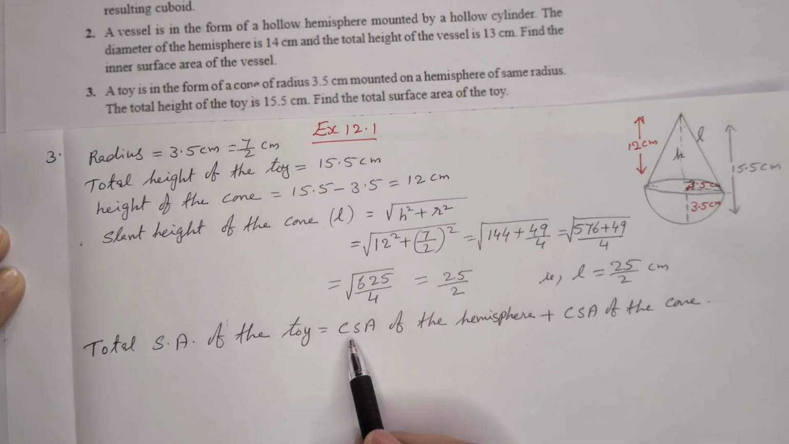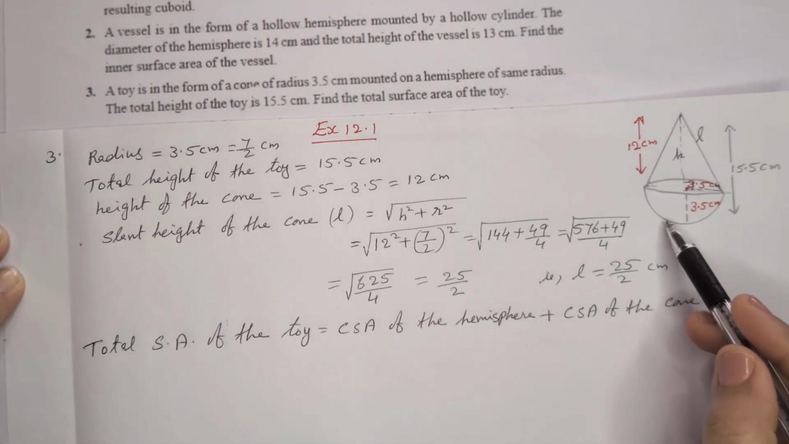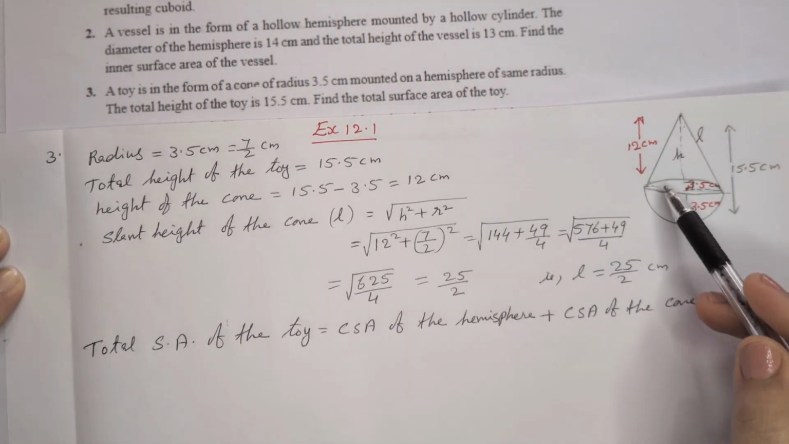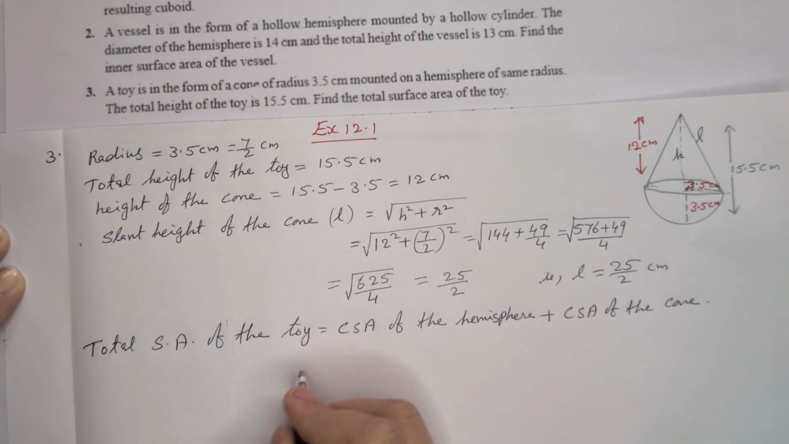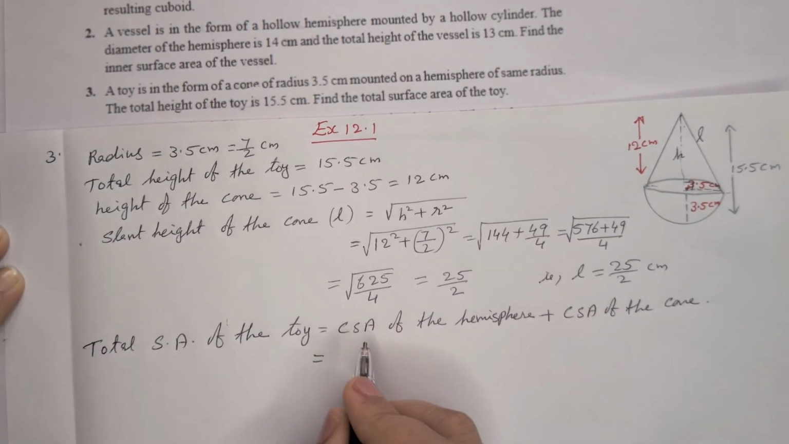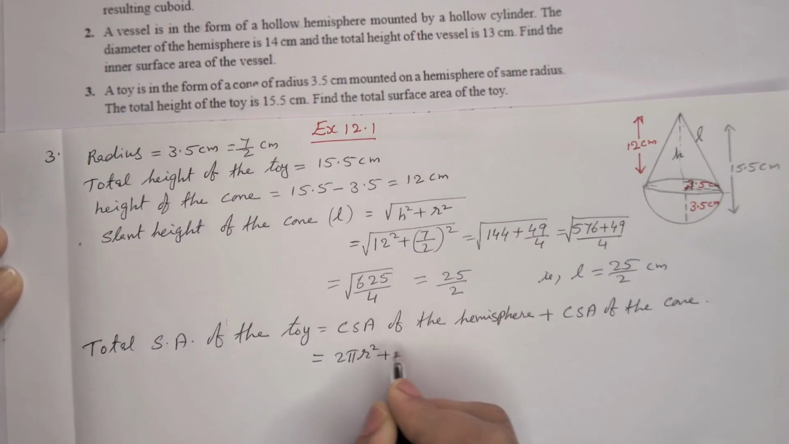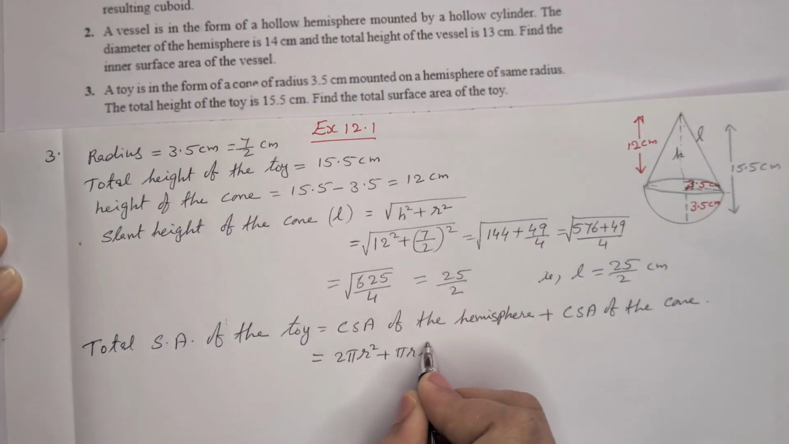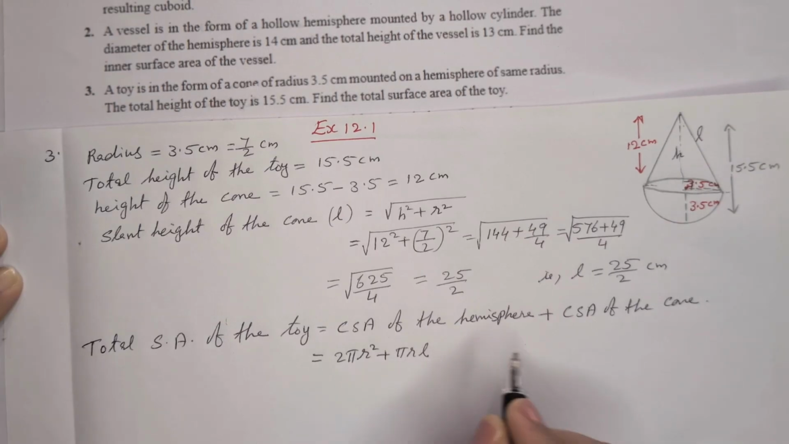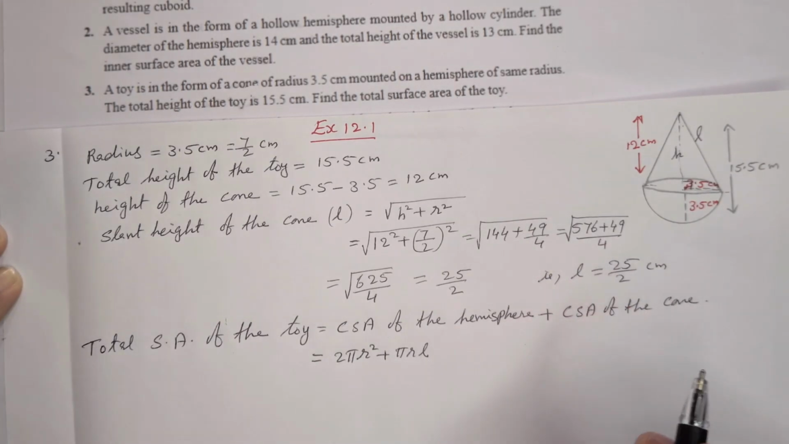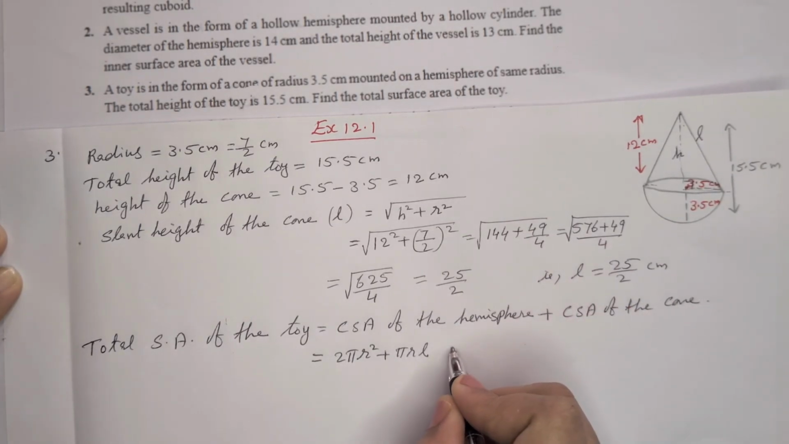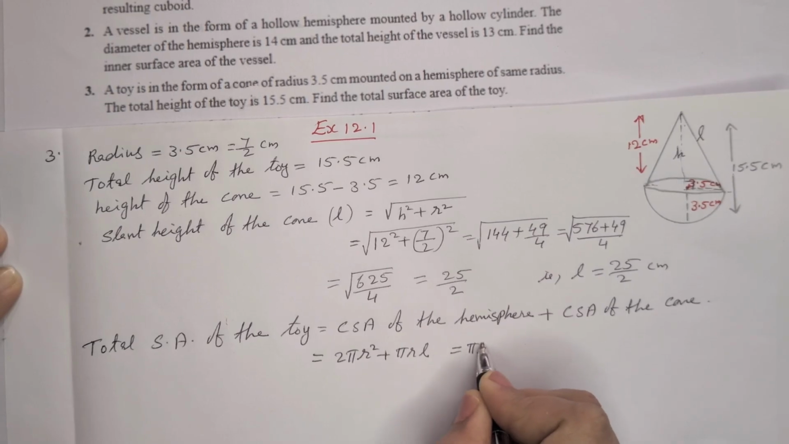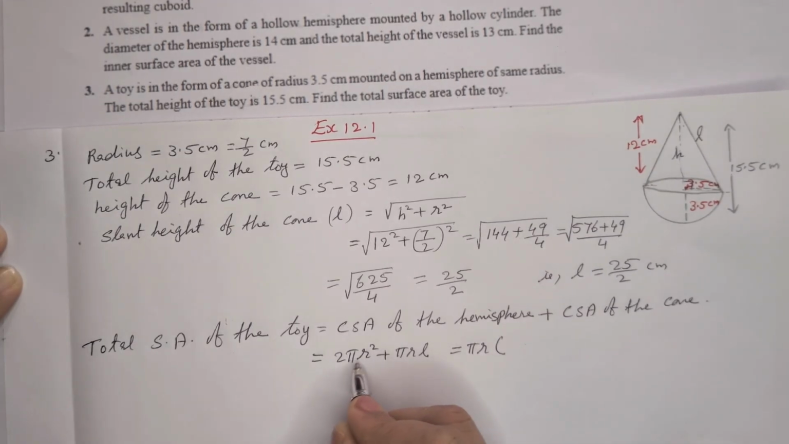The total surface area of the toy is equal to curved surface area of the hemisphere plus curved surface area of the cone. Formula: curved surface area of the hemisphere is 2 pi r square, and curved surface area of the cone is pi r l. Here the radius is the same for the hemisphere and the cone, so we can take pi r as common. From here, 2r